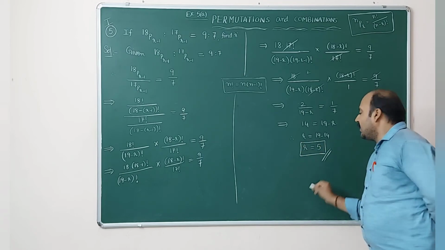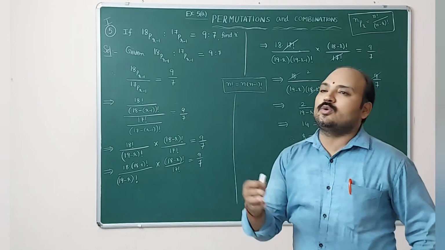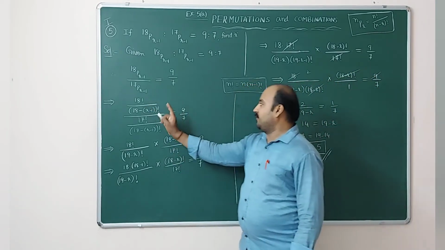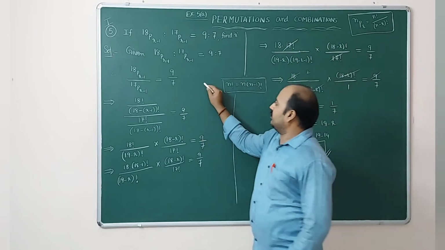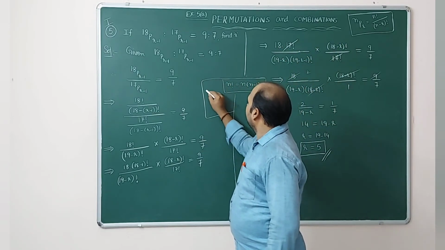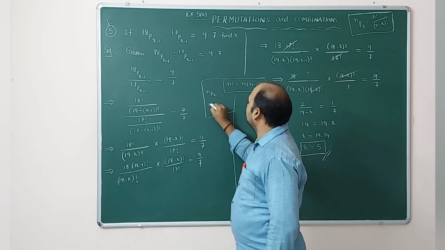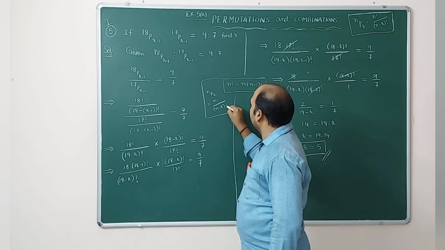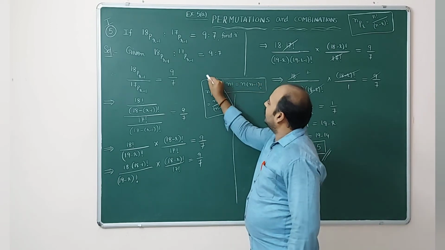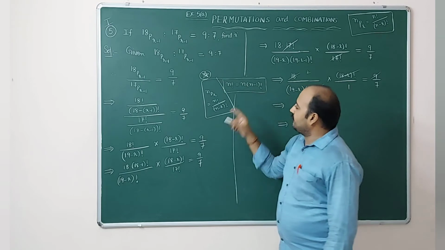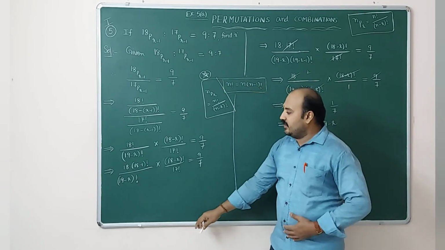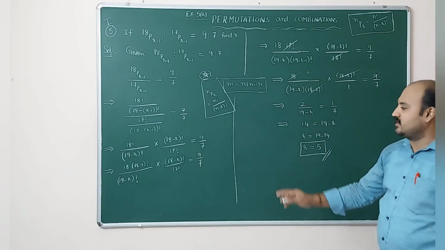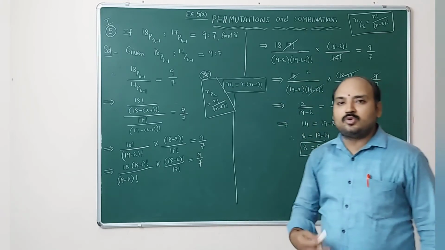Wherever possibility is there, I will tell the alternate method. Otherwise, only one method, dear students. The only turning step is taking that formula nPr equal to n factorial by n minus r factorial. Once again, I'll write it here. nPr is equal to n factorial by n minus r factorial. After applying this formula, another formula n factorial equal to n into n minus 1 factorial. Here at a time we can apply, but term by term for the students to easily understand, I am writing it this way. We'll move to the next one.